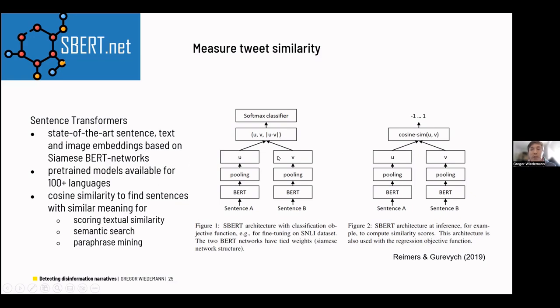So SBERT, or Sentence-BERT, is trained with a Siamese architecture. We have one BERT here and one BERT here for the second instance, and we can input two sentences at the same time into the left and the right part, and in the end get the resulting embeddings and a softmax classifier. And the pre-training procedure takes the SNLI dataset, which has annotations